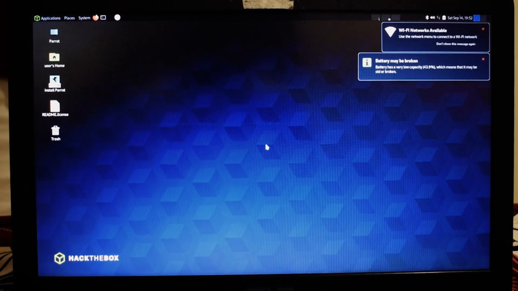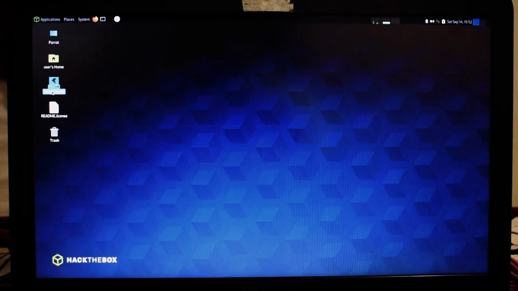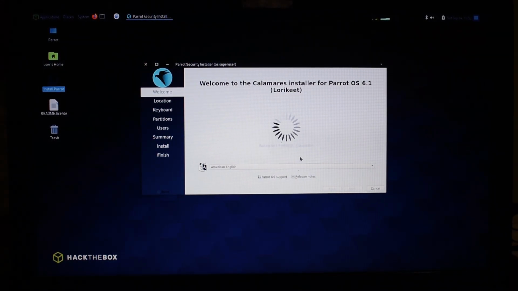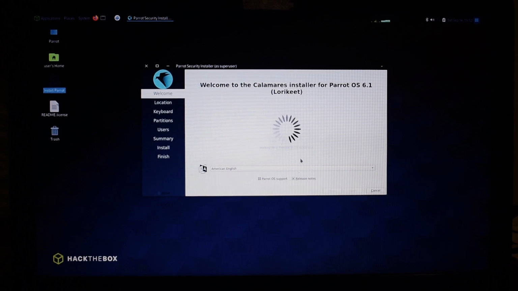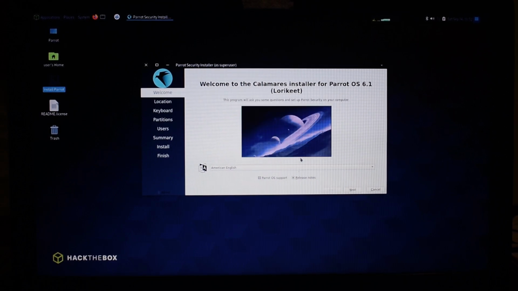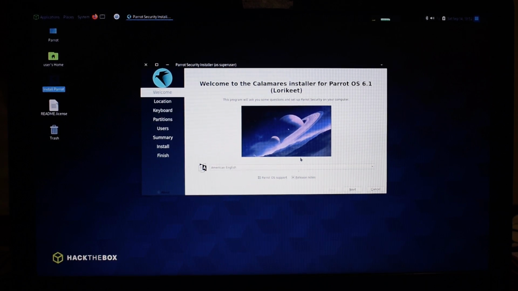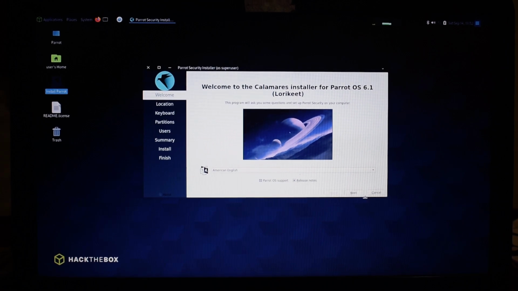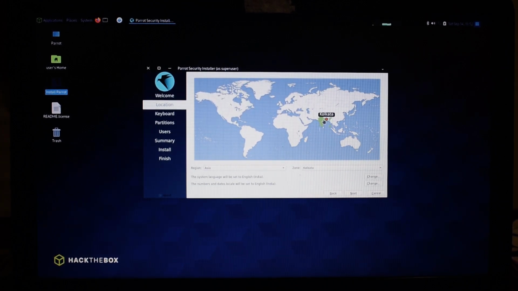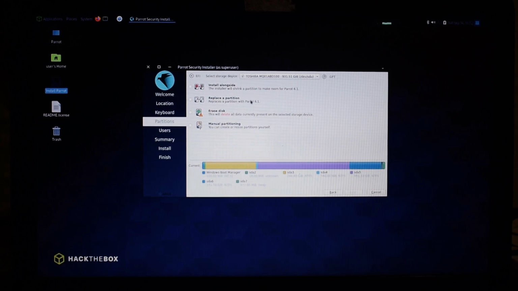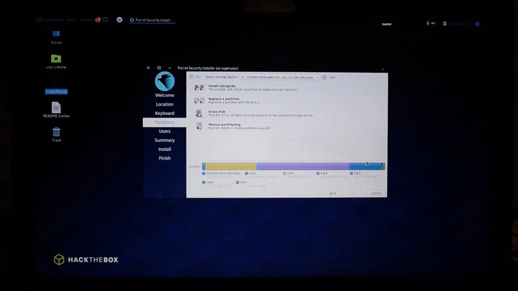Why dual boot Parrot OS? By dual booting, you create a separate, isolated environment for your security experiments and ethical hacking endeavors. This prevents any potential risk from affecting your main Windows system. Parrot OS comes pre-installed with a wide range of powerful tools for network analysis, vulnerability assessment, reverse engineering, and more. With Parrot OS, you can learn new skills, practice techniques, and experiment with security concepts without compromising your primary operating